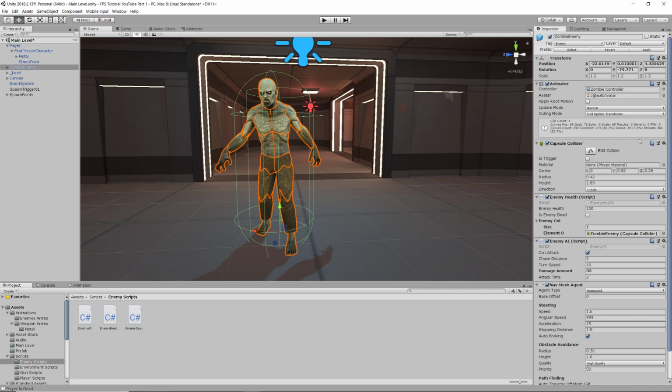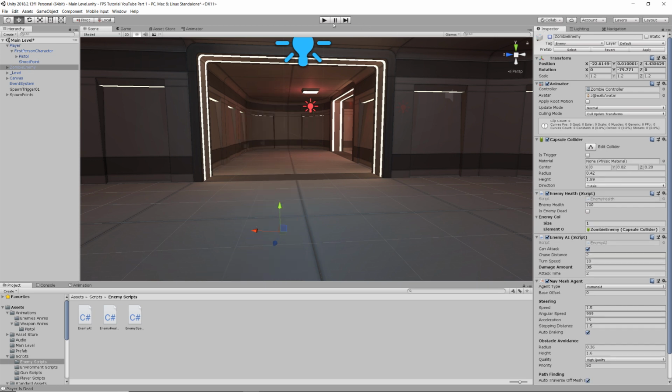Okay, so that's a pretty future-proof way of doing it, to make sure that we don't have colliders everywhere. The only problem is going to be that if the enemy doesn't have a collider, he's probably going to fall through the floor. So let's test that out. I just thought about that then. So there's ways around that, by the way. So I'll save the game and I'll disable this zombie, and let's just see what happens when we shoot